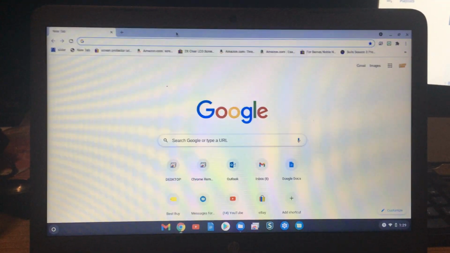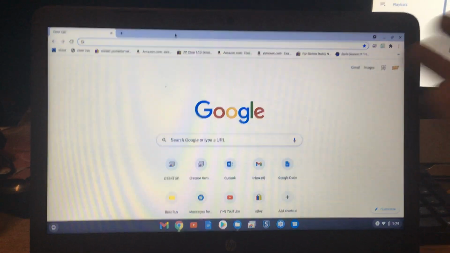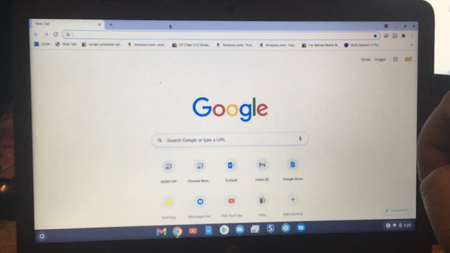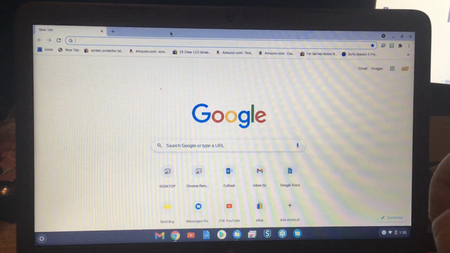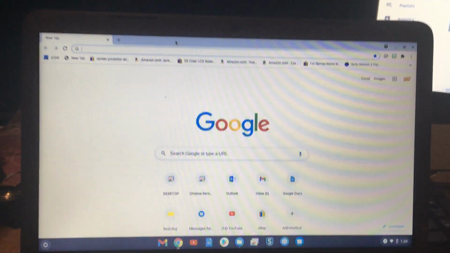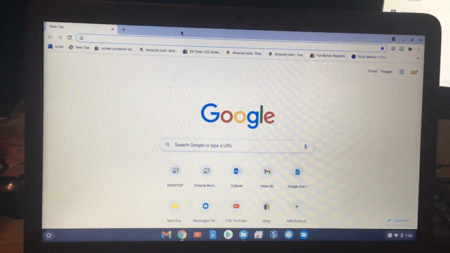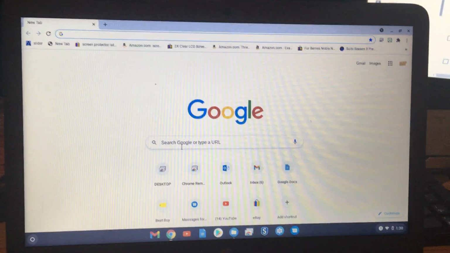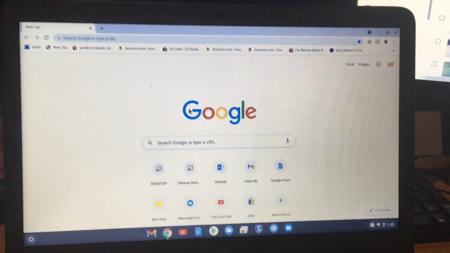Today I'll be doing a Chrome tutorial on how to always have the bookmarks menu bar enabled. It's actually very quick and easy using this shortcut. Hopefully you have the latest version of Google Chrome, 80 something. So right now it's off, so when I do a search,